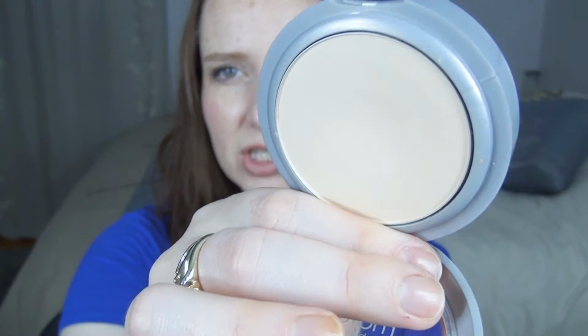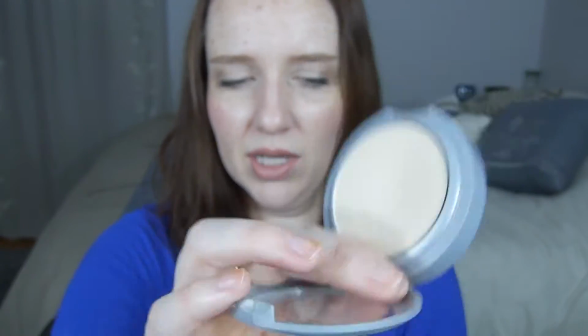I have had this before. In the past, what I used it for was more like touch-up when I was at the office, so it gave me a little bit more coverage. But I've actually been enjoying using this, and you can start to see the pan in there. Well, the ridges of the pan, rather. Not like hitting pan. So I have been wearing this quite a lot, and I definitely need to be careful not to apply too much because it is fairly matte, and not get it underneath my eyes, but I feel like it does a good job setting my foundation,